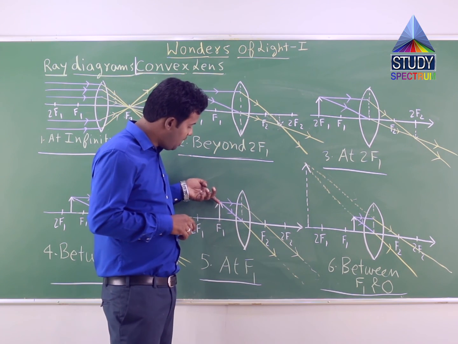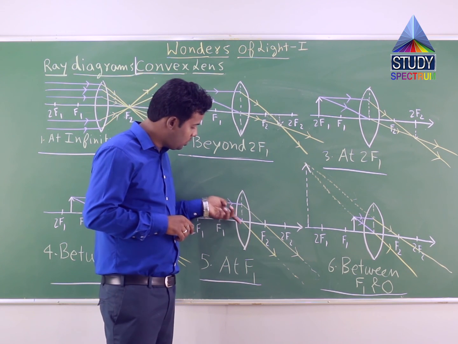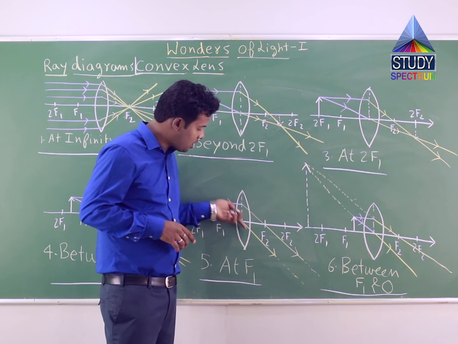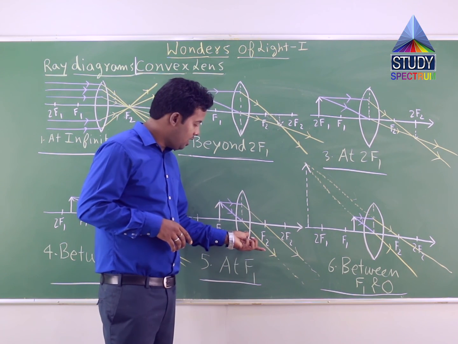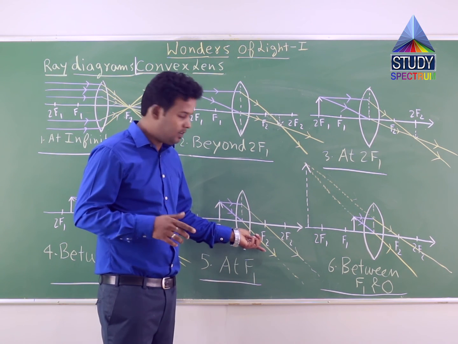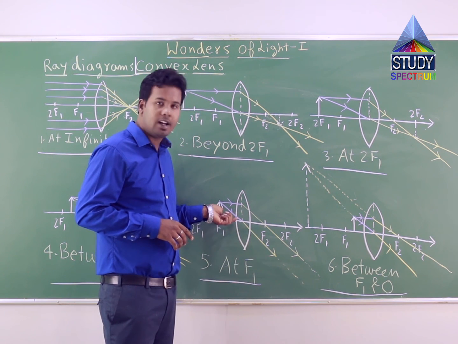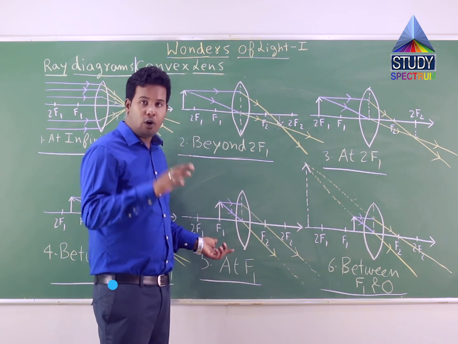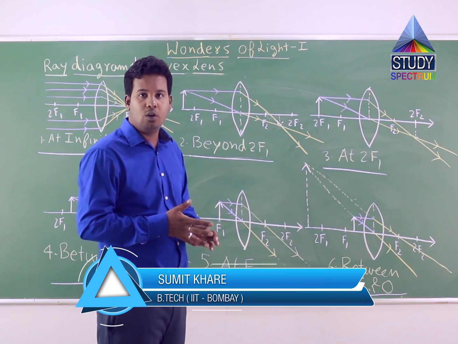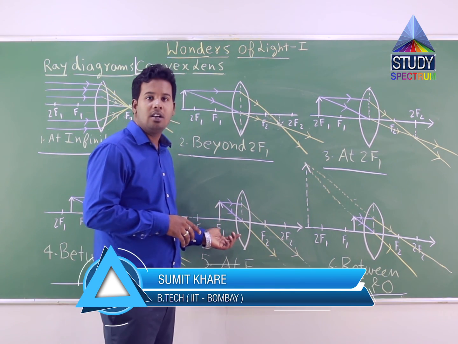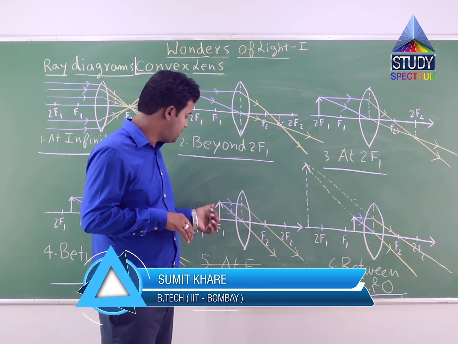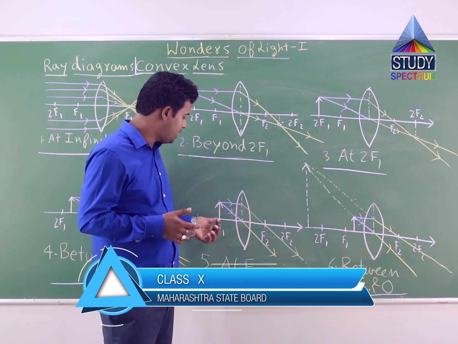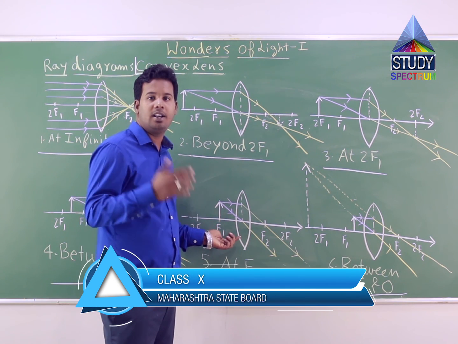And also at the same time there is another incident ray which is going to pass through this optical center and is showing no deviation or bending and passes in a straight line. That is why there is no angle between this refracted ray and incident ray when it passes through optical center. Now in this particular case, for theoretical questions where we assumed f is equal to 5, u was also taken as 5 but minus 5 because the object is placed on negative x-axis, and according to sign convention, if the object is placed on negative x-axis then the distance should be taken as negative.